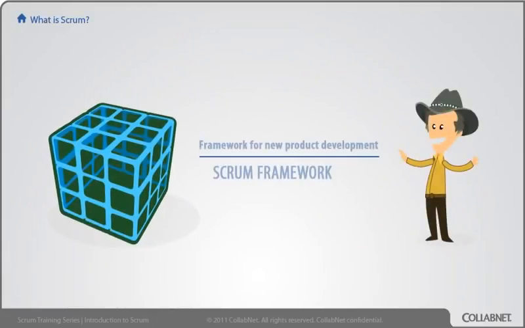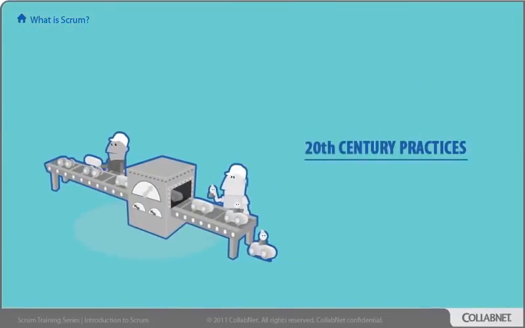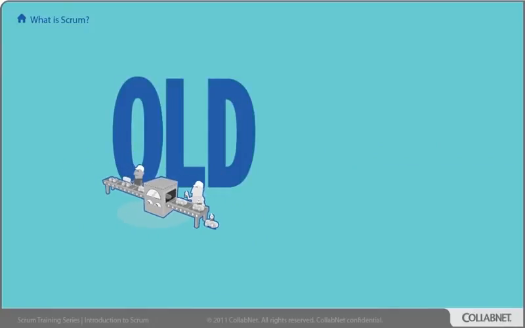Scrum is a framework for dealing with complex work such as new product development. It's an alternative to traditional approaches that were more suited to manufacturing and construction. Why would you need an alternative? In the previous century, most people's work required more of a focus on execution than innovation. People with defined roles used defined models and defined best practices to execute defined plans that didn't change very quickly.